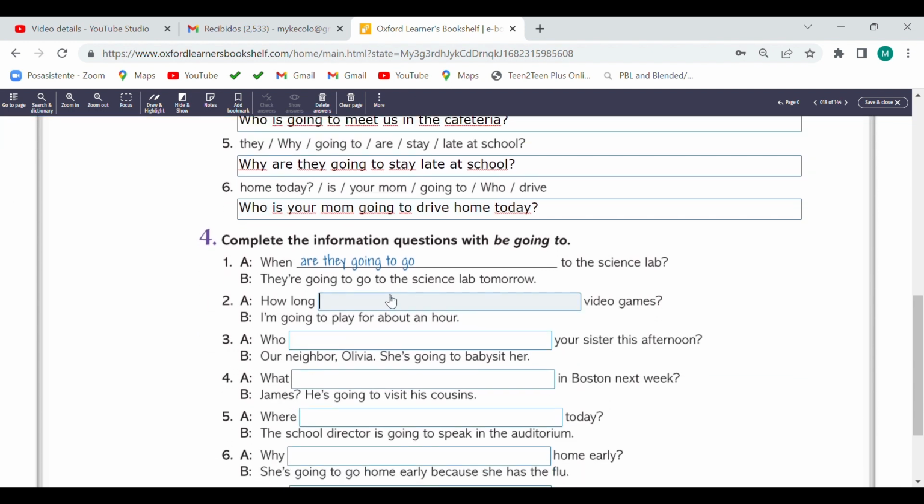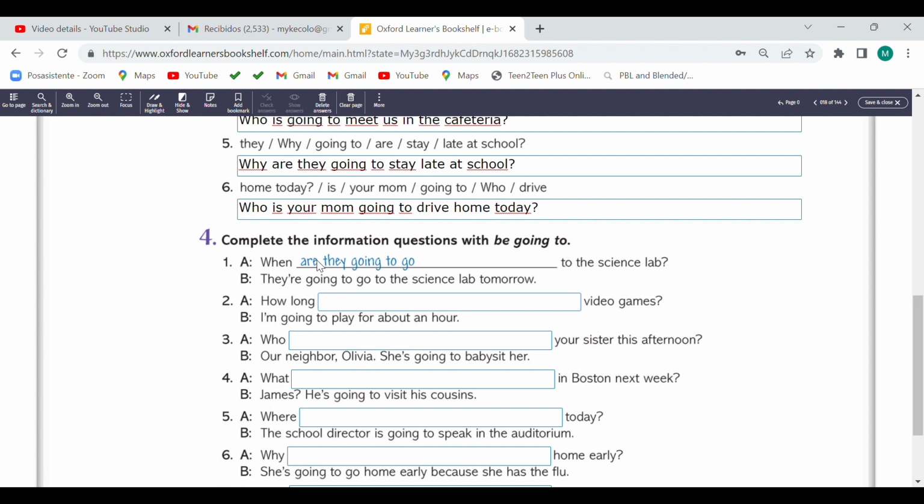And exercise number 4. Complete the information questions with be going to. Bueno, vamos a leer la respuesta y conforme la respuesta pues vamos a elaborar la pregunta. For example, they're going to go to the science lab tomorrow. Entonces ellos irán al laboratorio de ciencias mañana.